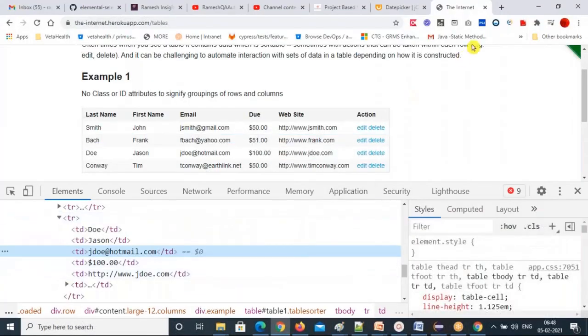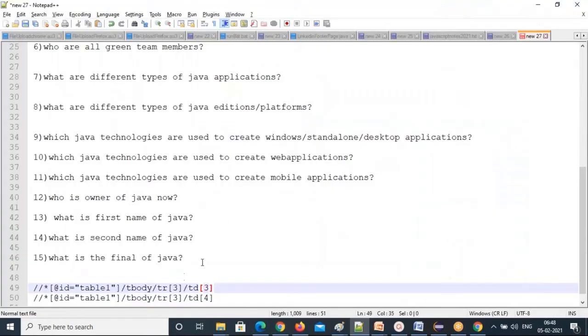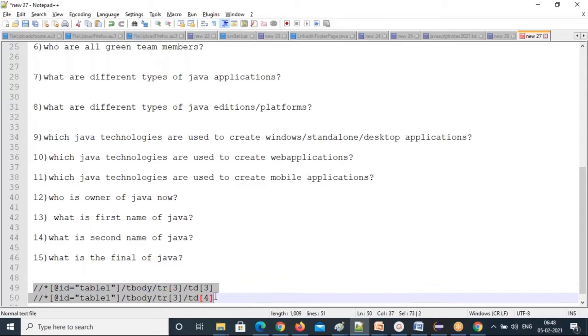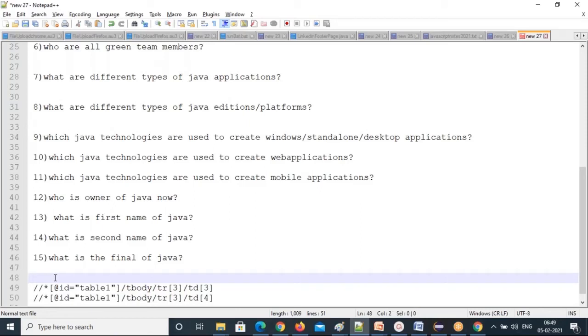This is the exercise I'm giving you, so try. What you need to do is write a method. Create the get cell text method, a parameterized method that takes int row comma int columns as parameters. I'm writing it here one more time for you: private static or non-static, whatever, a string return type method, get cell or get cell data, whatever it is, with int row comma int columns.